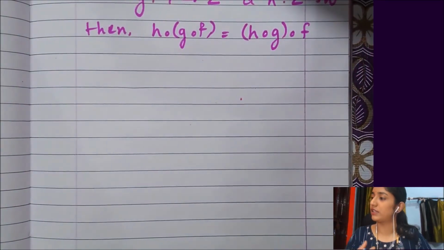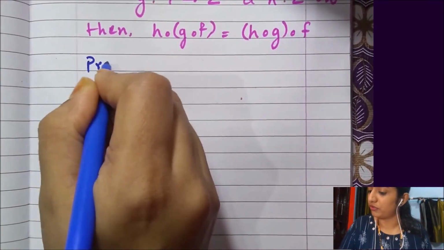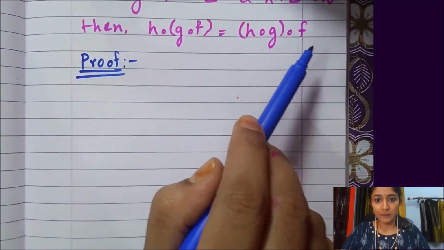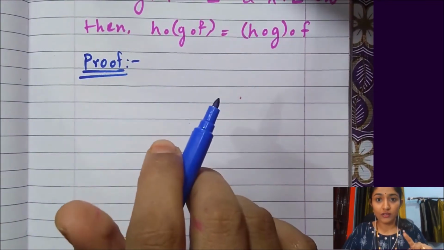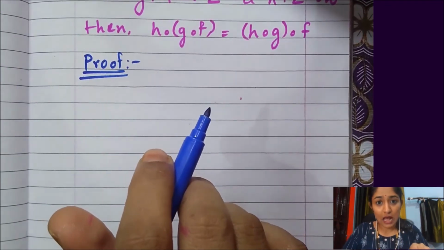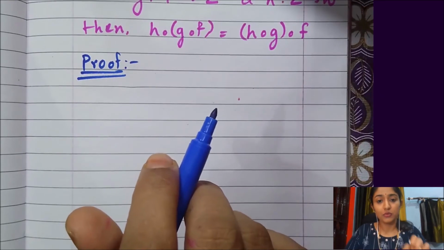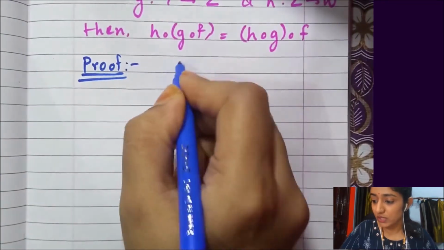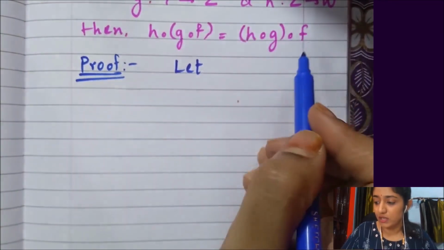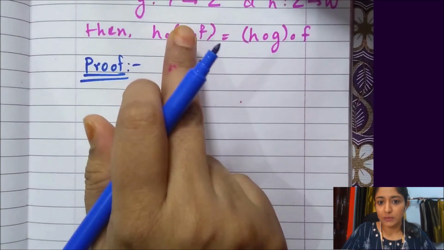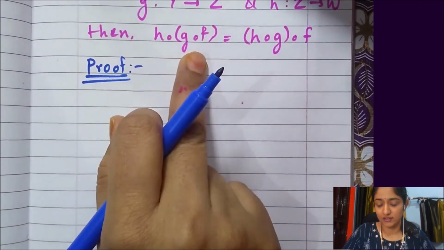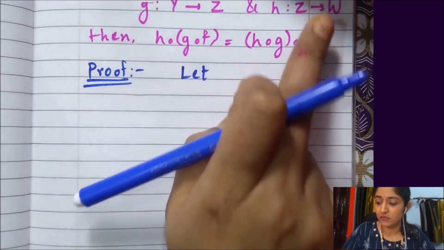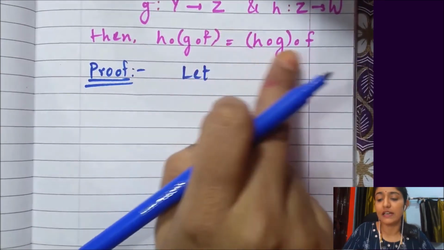Alright, let's take another ink and start the proof. Again, while proving two functions are equal, we have to prove them equal on each element. So we'll take just one arbitrary element, one general element, and prove that they behave equally on that general element. Do you know what the domain of this function will be? Are they defined or not? The domain of this last function will be the domain of this entire function.